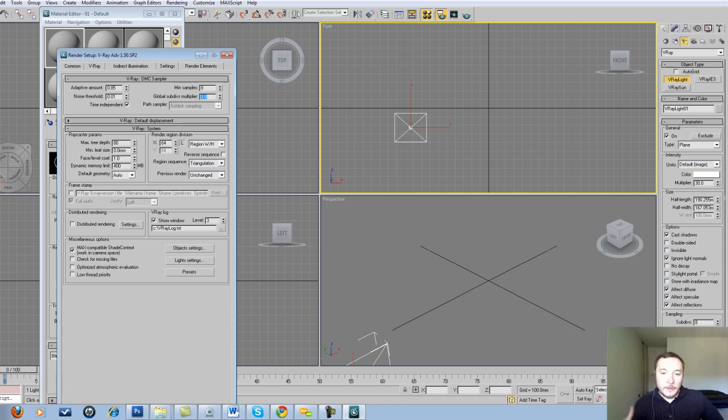I leave everything in my scene by default. Everything is 8, 8, 8 when I'm working and I need a quick render. And when I'm getting to the high quality render stage, I just go to this multiplier and I put here 2 or I put here 3. So everything just doubles or triples the amount of quality in my scene automatically. And then if there is something that needs to have more than tripled or doubled amount, I just go specifically to that model, to that object, and I increase it a little bit more. Okay,